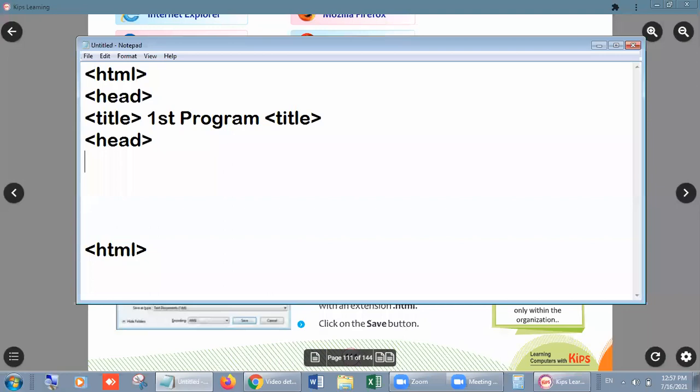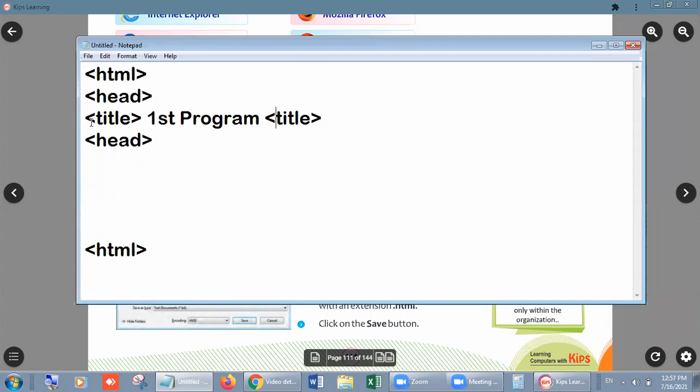In the same way, we have two types of tags in our HTML. Number one is the empty tag. Then there is no need to close it. उसको बंद करने की जरूरत नहीं है. But if we have container tags, then we have to close them. Now HTML, head, title, these are the tags, and every one of them is a container tag. So we have to close them also. Let's start. We have to close it.